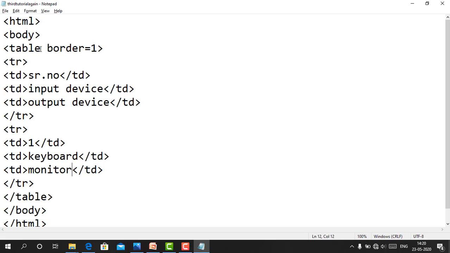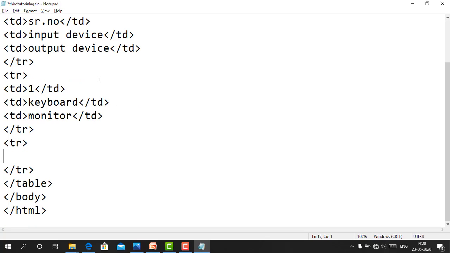Now we will create the third row. Again tr tag, again closing tr tag. In the opening and closing tr tag, we will create the td tags. So 1, second and third one, closing and closing td tag.